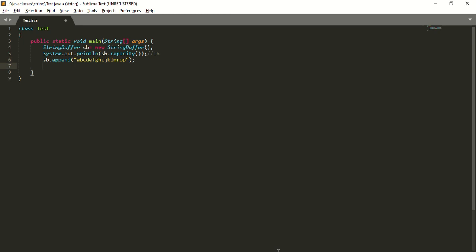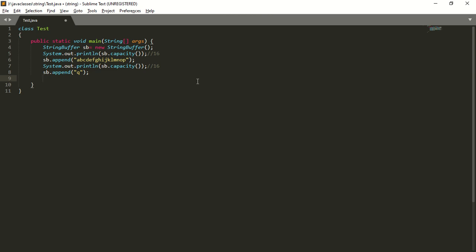Now once again I will print the capacity of this StringBuffer. Now what will be the capacity? The capacity will be 16 itself. Now I will add one more string into this StringBuffer. So sb.append of, I will add Q. Now what will be the size? The size will be 17.